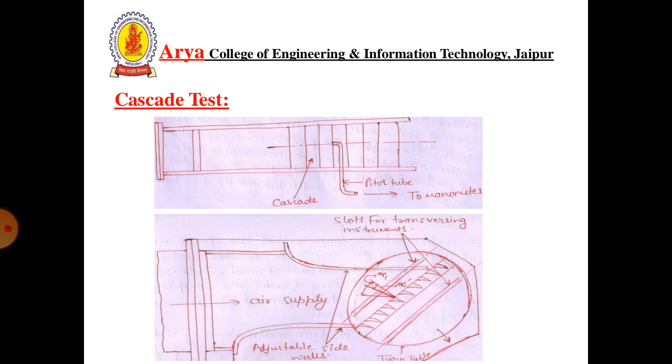Cascade test. It is important to note that the flow near the central region of the cascade blade is two dimensional in a well-designed cascade tunnel. This is achieved when a large number of long blades are employed to operate the tunnel. Cascade tests result in two main items of information: first, the angle through which the air is turned for a minimum loss; second, the corresponding profile drag coefficient from which the cascade efficiency may be determined.